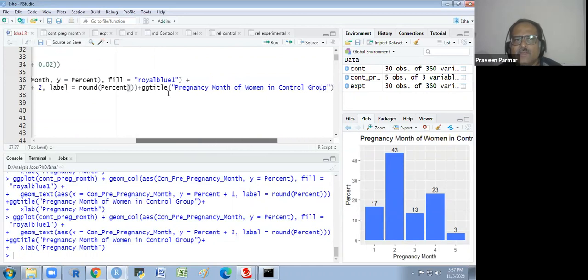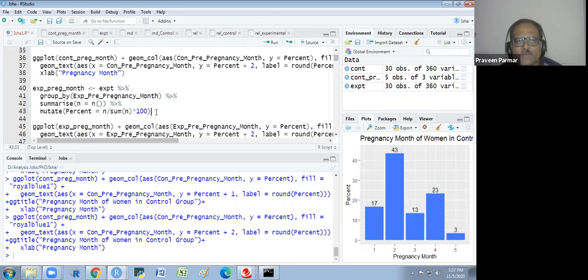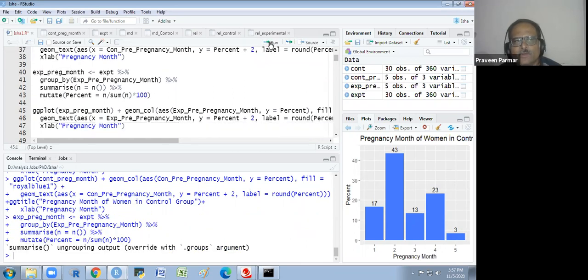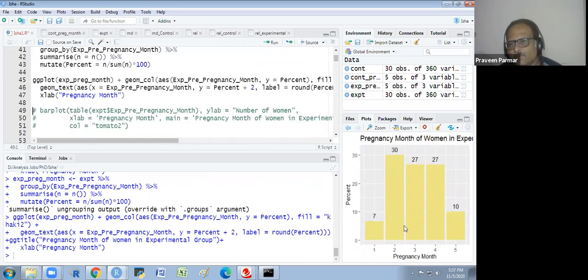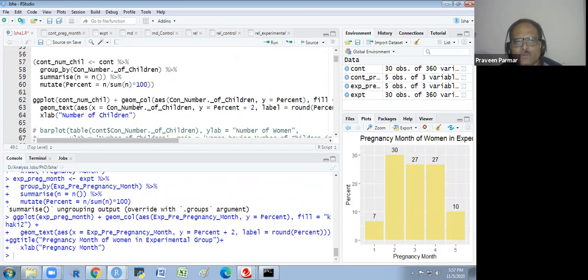And this is the ggtitle. Title is this one. Okay. So I have written it separately, not as a main. xlab I have mentioned later on. Okay. So we could add on anything, whatever you want. It is just like one layer, then a second layer. Similarly, I have done it for the experimental group also. Look at this. So this I have taken for the experimental group. Okay. So in this way, we could add text.